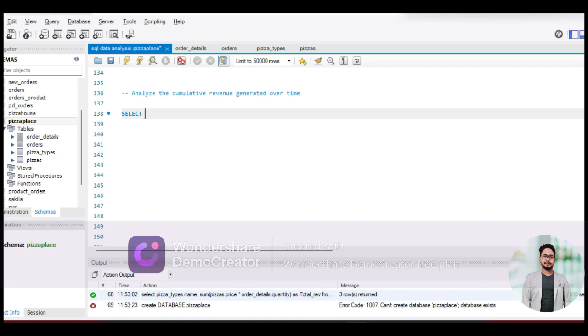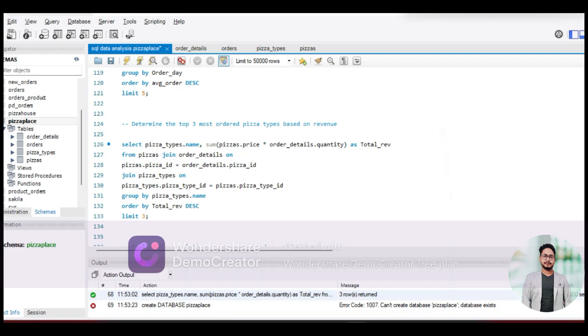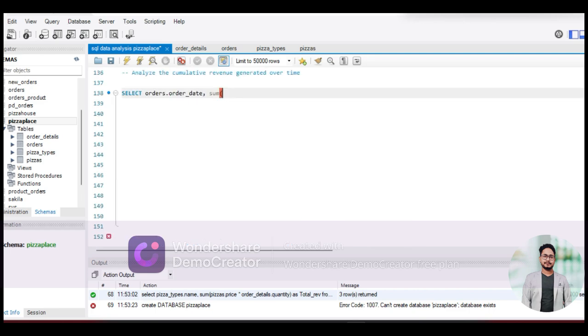So orders dot order date, sorry, orders dot order date, and sum of, so we need to find out the revenue. We have already done that. Let's copy paste sum of pizzas dot price multiplied by quantity. So this will give us the revenue as total